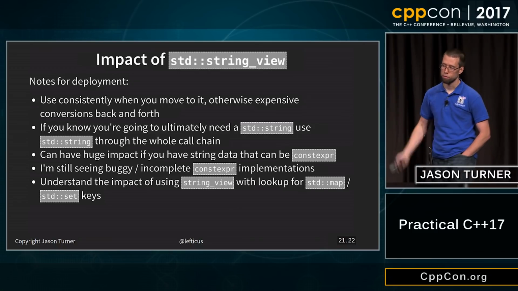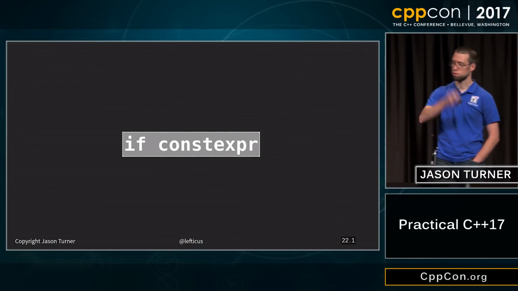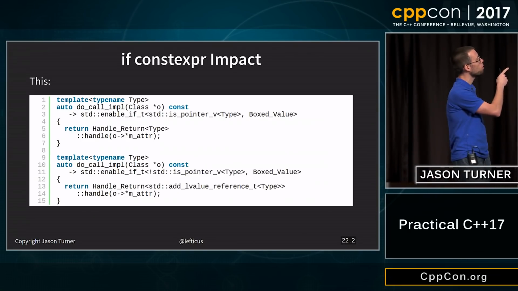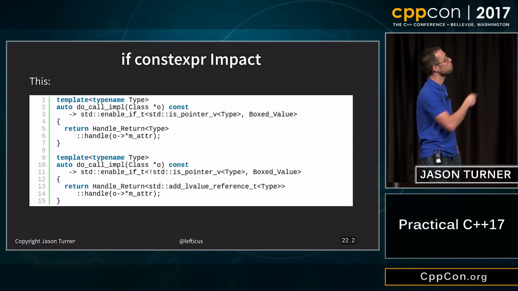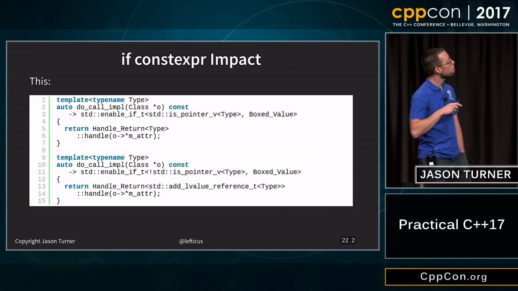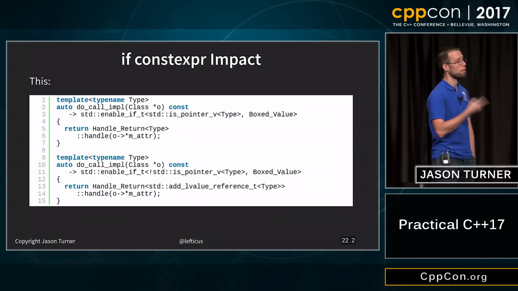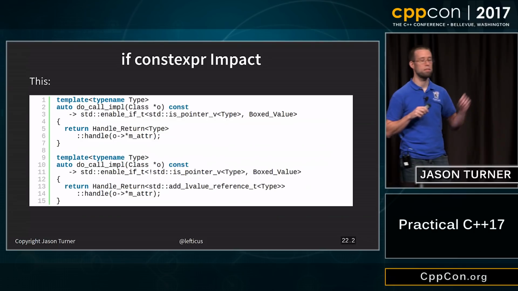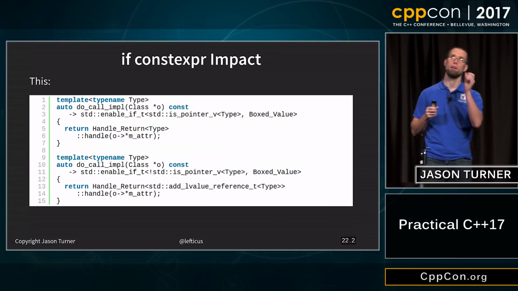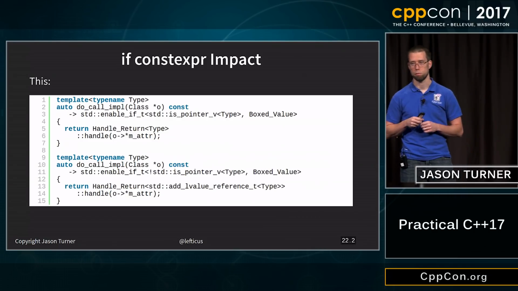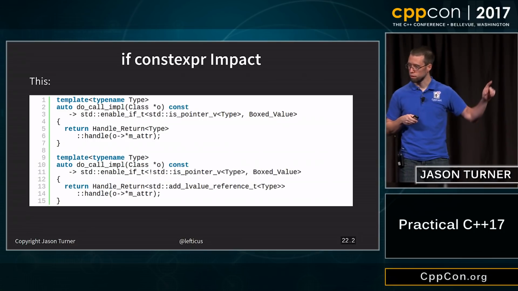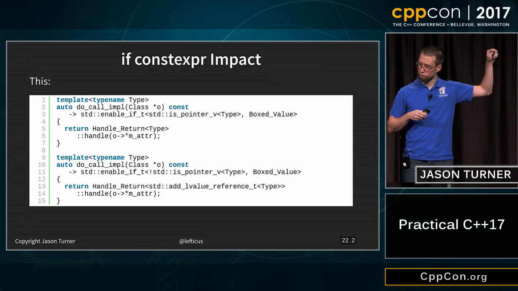All right, next up, if constexpr. I have a fair bit of code in CppCon that has to do some enable_if kind of things. This is real world, exactly pulled from it, and this is returning values from functions. Well, this is actually returning member variables that have been exposed to CppCon.